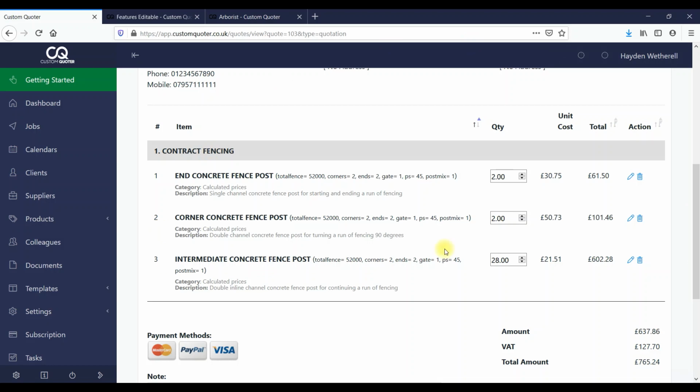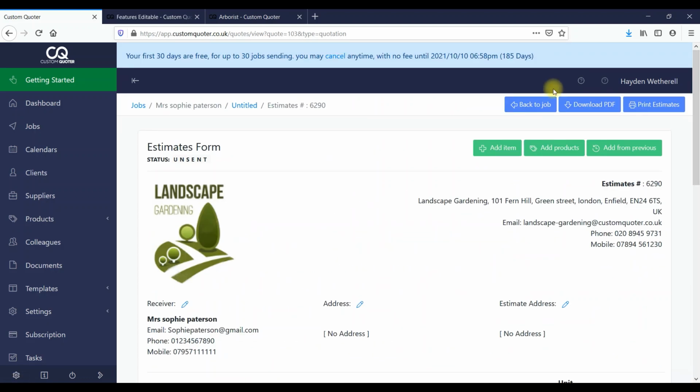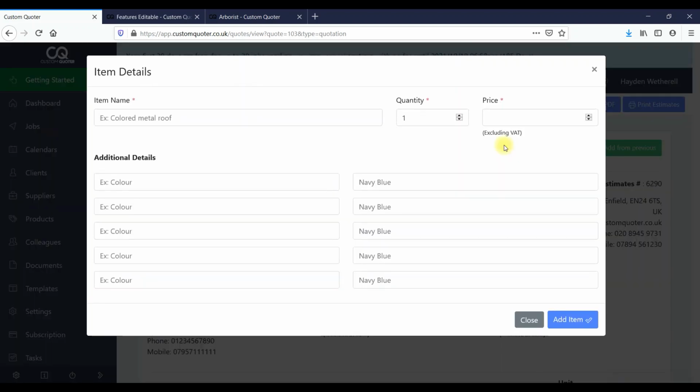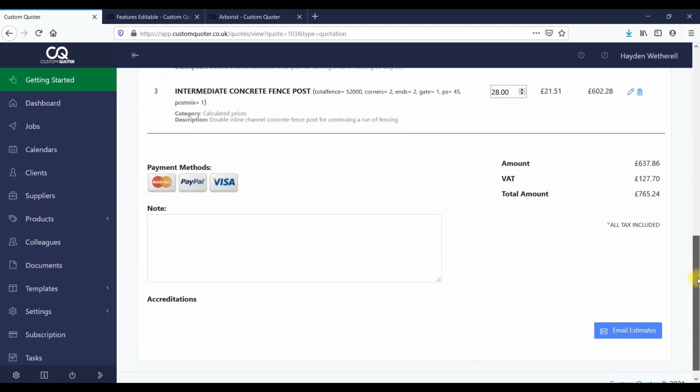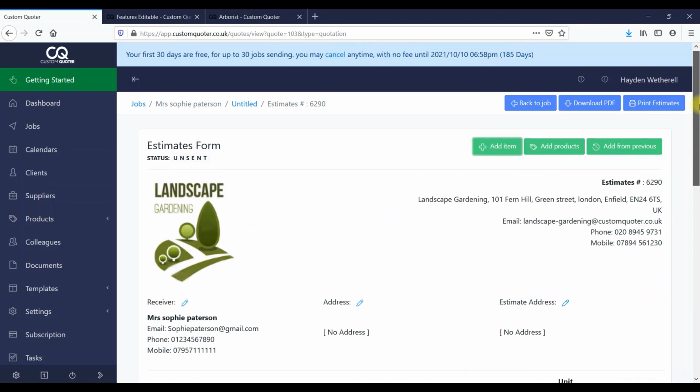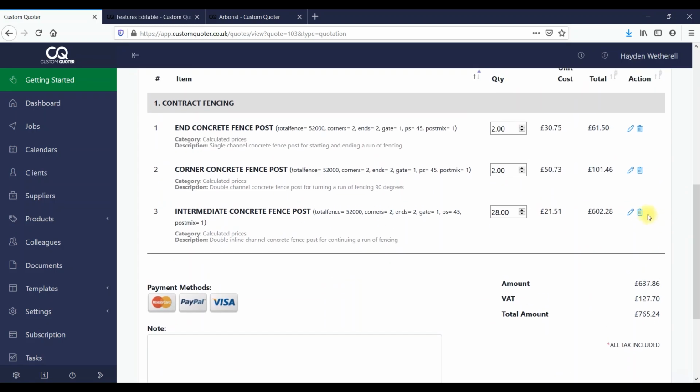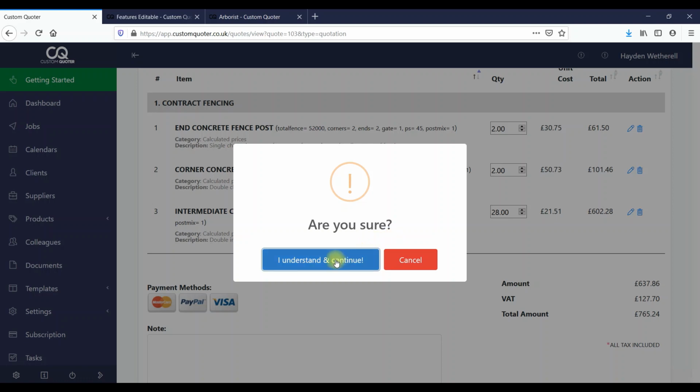So here you've got the details. If you did a few more hours for this specific job, you can change the hours. The price will automatically adjust. If you've added something you didn't want, you can get rid of that. If you had a new item that is just random and it's not used here, you can add that in here as a specific item. But the idea is you can create this and send that through immediately. But I'm just going to delete these for the purpose of this,